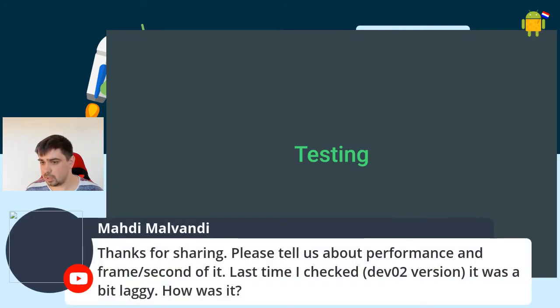Please tell us about performance and frames per second. Last time I checked, developer preview 02, it was a bit laggy. How is it now? Right now the situation is much better. And as I know, in the latest release, developer preview 12, the Google team worked a lot on optimization, and right now it looks much better than at the beginning. Still maybe not ideal, because one of the ideas is that you can render UI in different threads, and you can use coroutines for it, because right now in Android we can only communicate with UI on the main thread, and what they want to try is to achieve the possibility to use a different thread